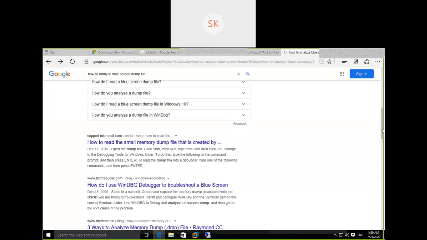The step-by-step procedure is there. As a server administrator, you should be aware of how to troubleshoot errors. If any issue comes in the operating system layer, you should understand what the error is, how to troubleshoot, and why it is causing that unexpected reboot.